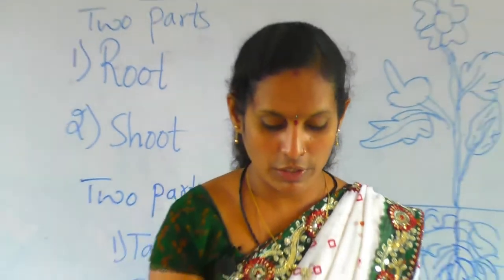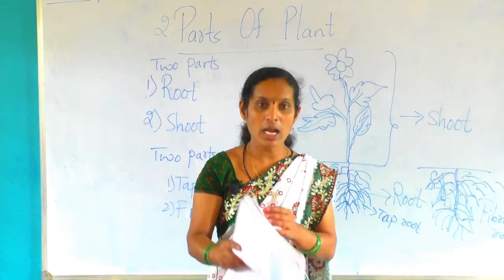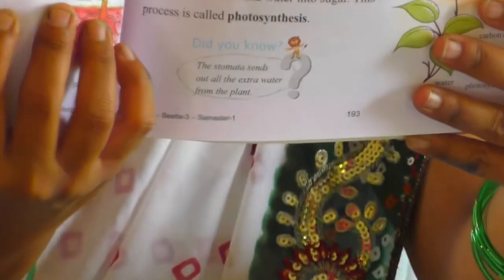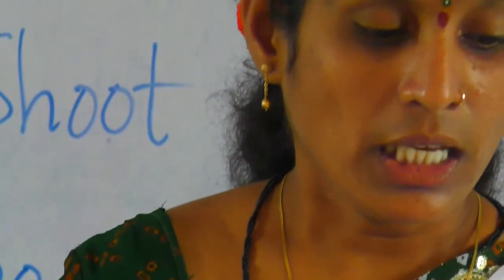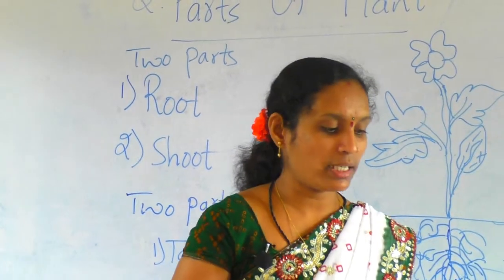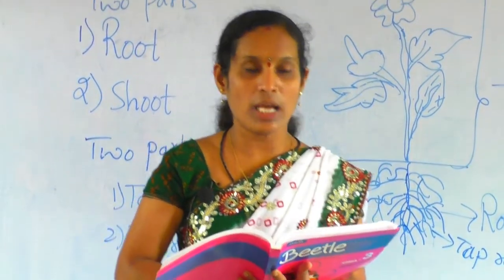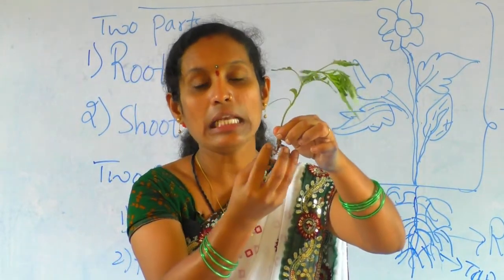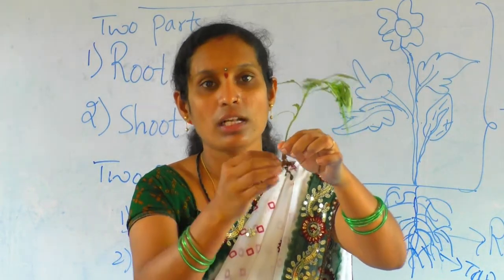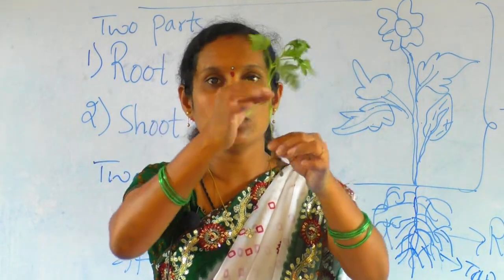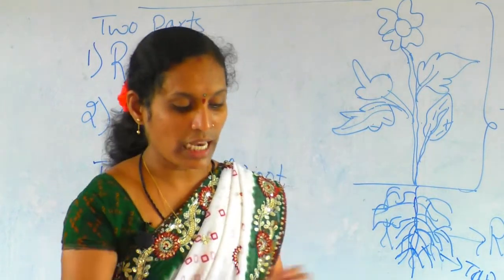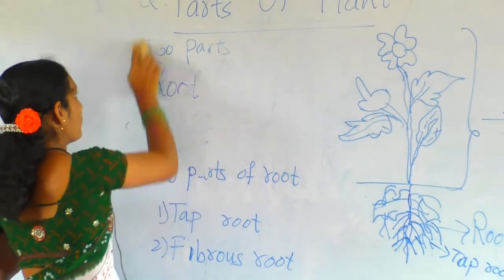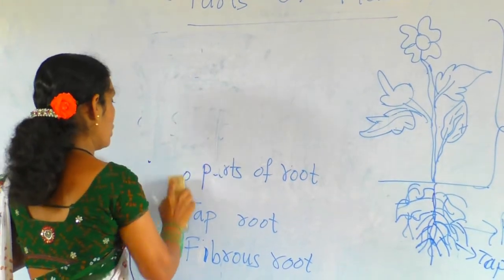Okay. So next we will go to the next page, 192. Page number 192. See. Each root has little root hairs and a cap on its tip that protects it as it pushes through the soil. This root part absorbs from the soil, which has some minerals, and water also. It moves upward to give strength to this plant. Understood? So next we go for shoot part.